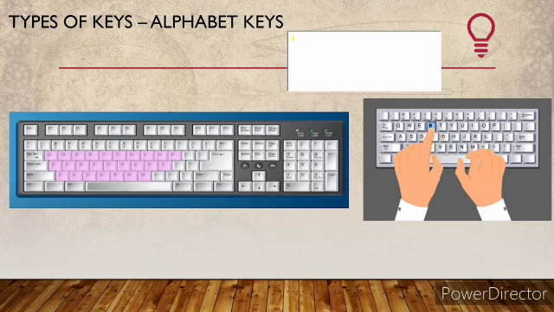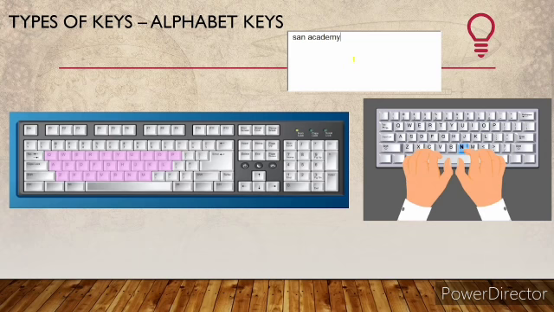Okay, shall we type now? Look at here, children. Here we have a small blinking line, that is called the cursor. Whatever we type will be displayed at the cursor position only. Now I'm going to type our school name, San Academy. So the school name I typed using these alphabet keys. This is the way we are supposed to type on the alphabet keys. Now we know how to type words and sentences by using the alphabet keys.